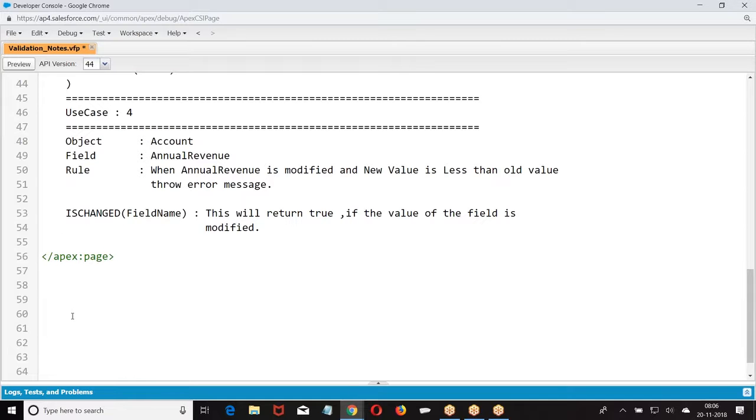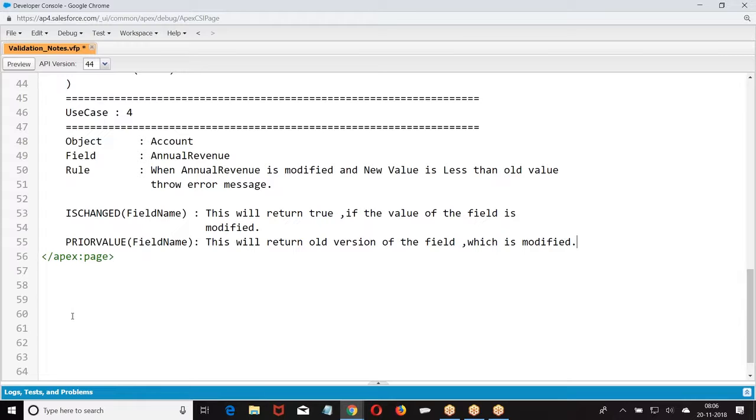Then PRIORVALUE. This will return the old version of the value which is modified.